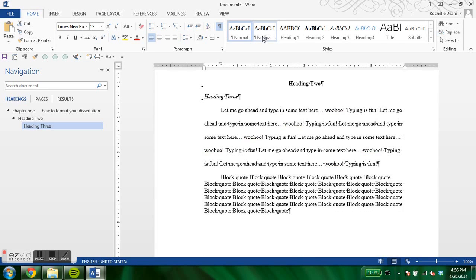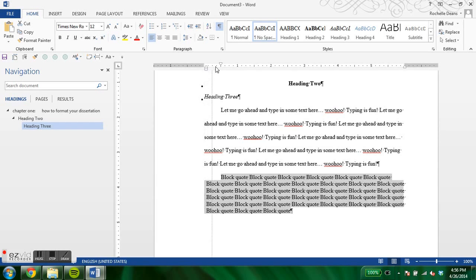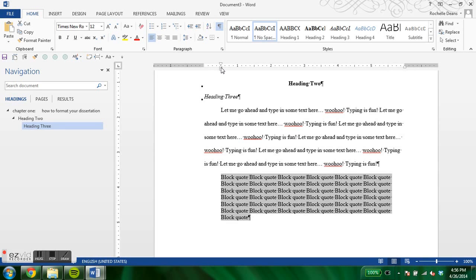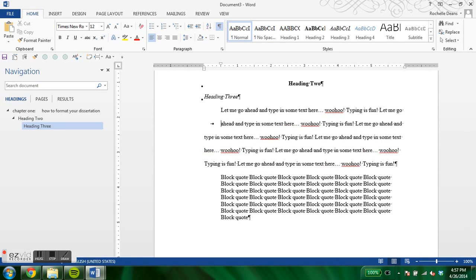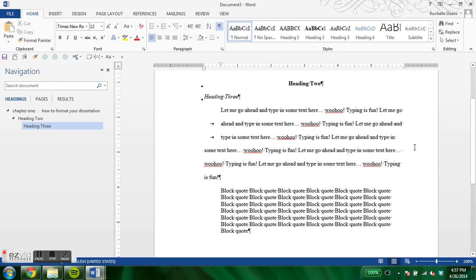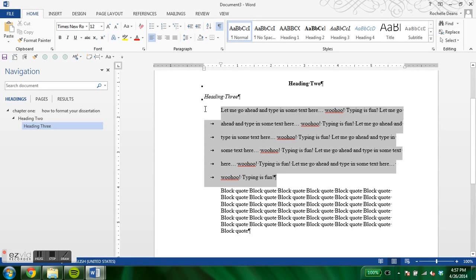But anyway, I have my block quote now, and we have something called no spacing. And that's a start for what we want for block quotes, but we want the whole thing to be pulled over. I have seen a lot of strange things for people trying to get it to look the way the block quote should look, which is pulling this one over here as well. I've seen tabs like this at the end of each line to pull it over. And that's well and good, but say I've finished